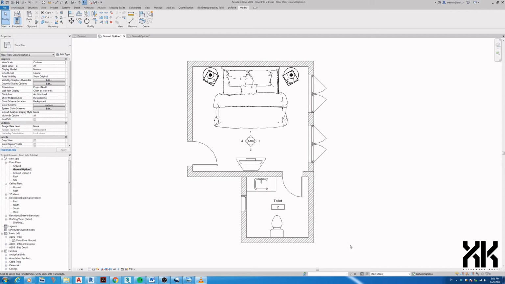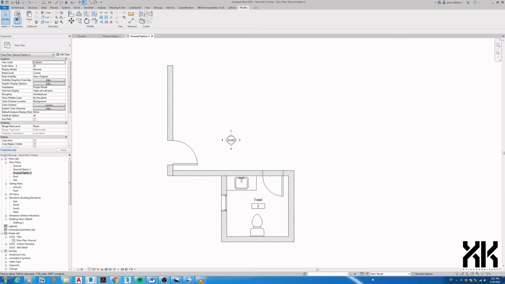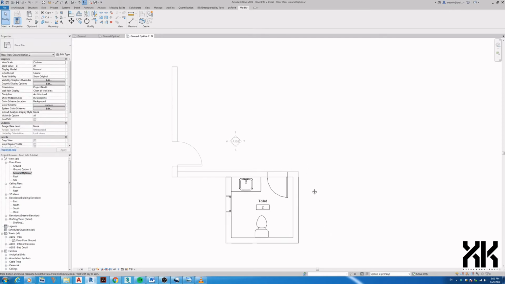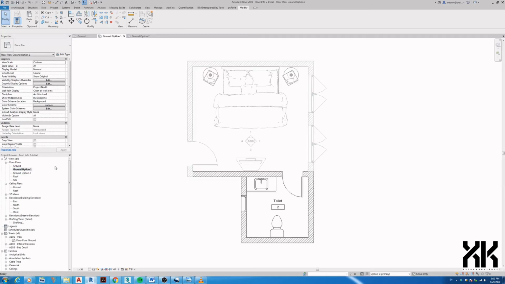Select ground option 2 view. Activate design option 1. You will notice option 1 is incomplete in this view. Let's correct the view and the design option in each view. Select ground option 1 view. Go to view,